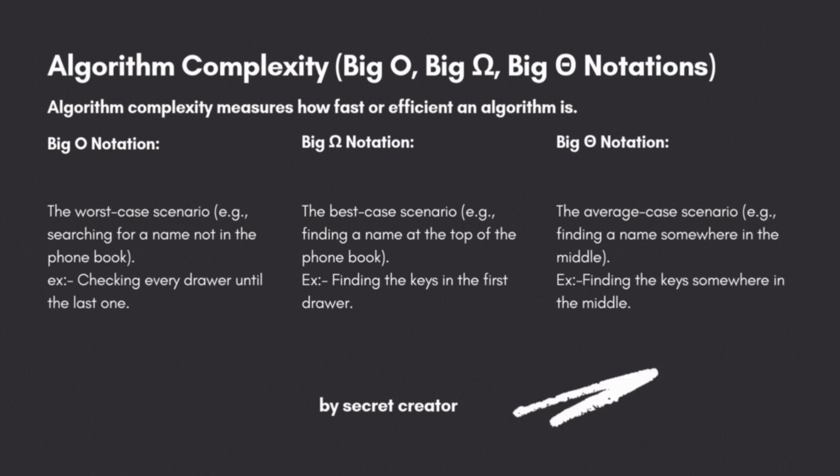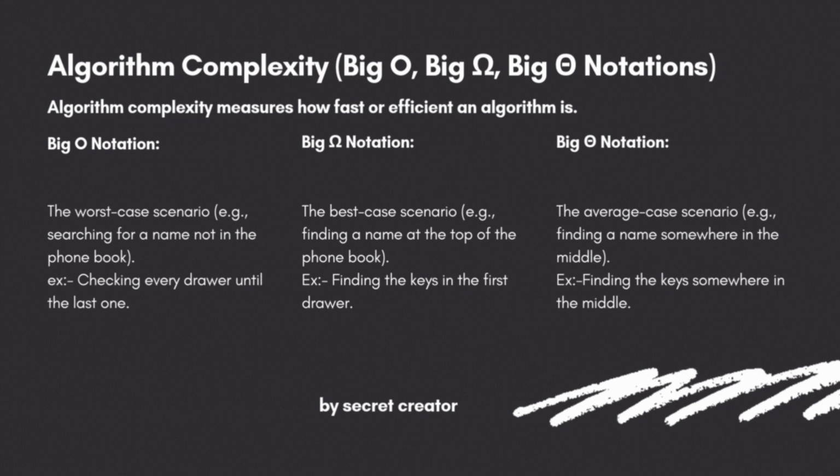Big Omega notation describes the best case scenario. Using the same example, Big Omega is like finding the keys in the very first drawer you check. Big Theta notation describes the average case scenario. This means finding the keys somewhere in the middle of the drawers. By understanding these notations, we can predict how efficient an algorithm will be in different situations and choose the best